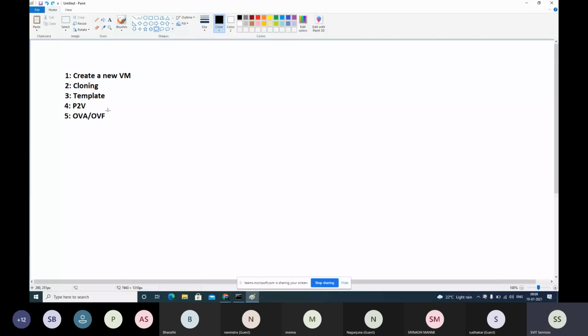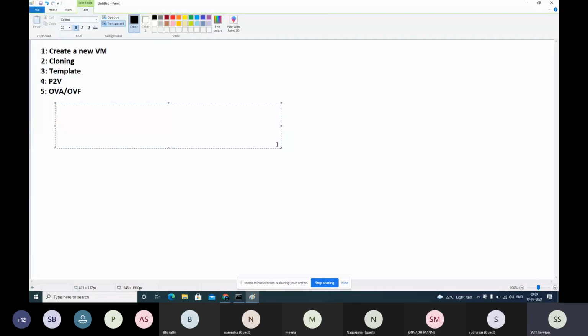And OVA or OVF. These are called something like ready-made VMs. OVA is Open Virtual Archive. OVF is Open Virtualization Format.